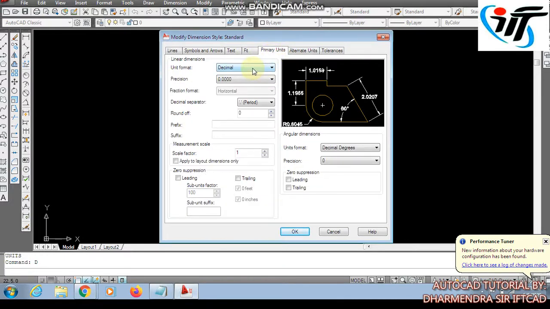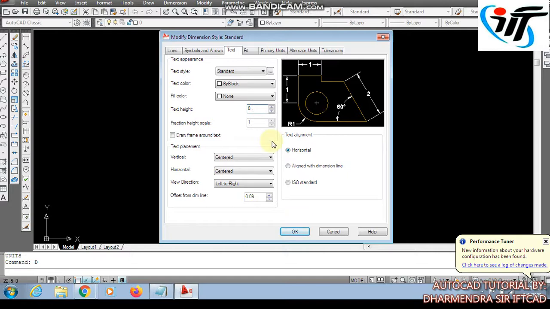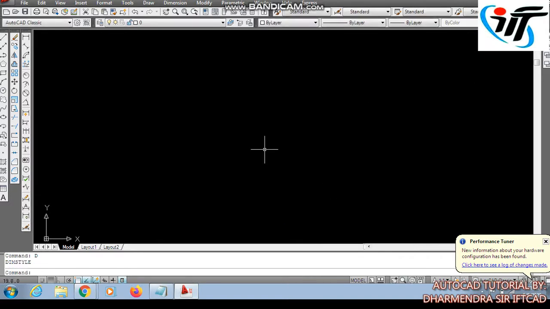Click on primary unit. Choose decimal and precision 0. Once again, text size we may increase by 0.5 instead of 0.18, and click on OK. Set current, close.